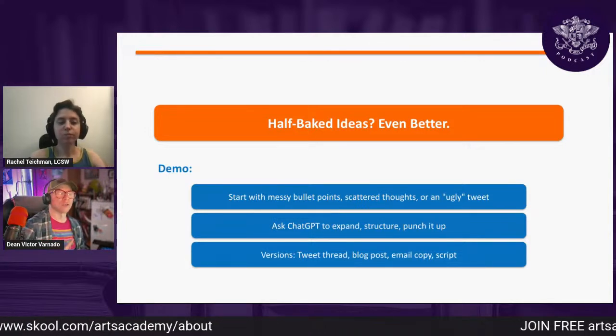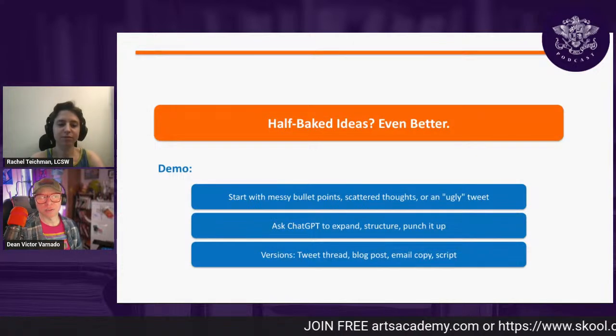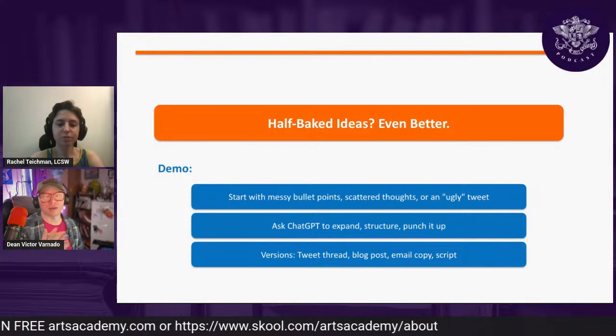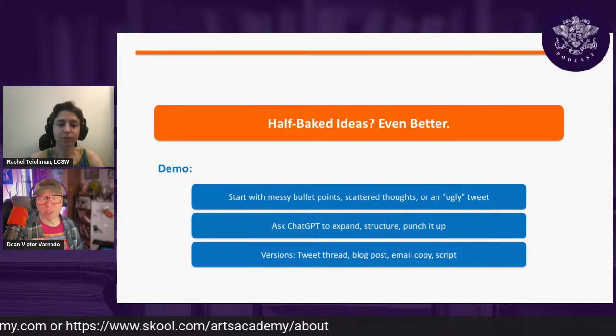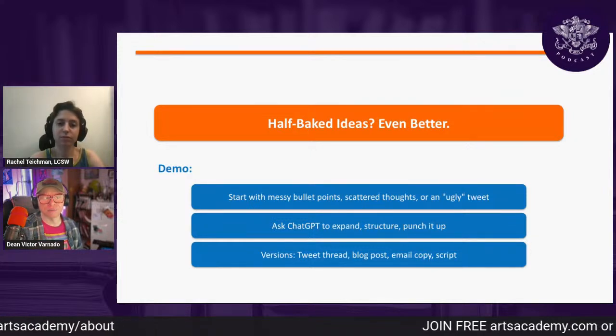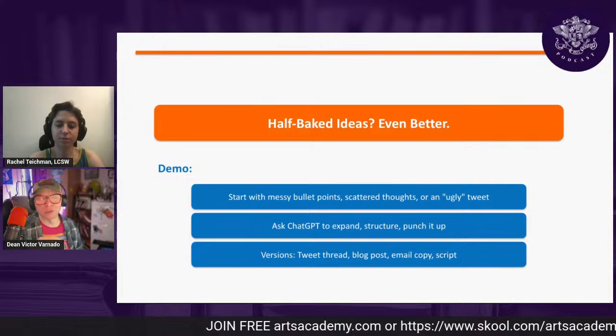In this case, I'm going to show you exactly how I get to something awesome. So let's come up with a half baked idea. Who's got a half baked idea for what to write underneath the post for the cockroaches? The cockroaches will have music underneath them.